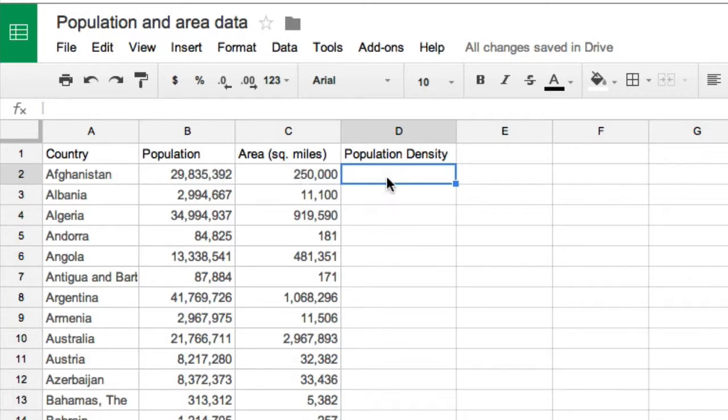So the next thing I could do to make it a little bit better is get the spreadsheet to do the math. I'm going to do the calculation for the population density of Afghanistan. So I click in that cell, and anytime you're putting a calculation into a spreadsheet, you start with the equal sign, and then I'm going to just type in the numbers there,